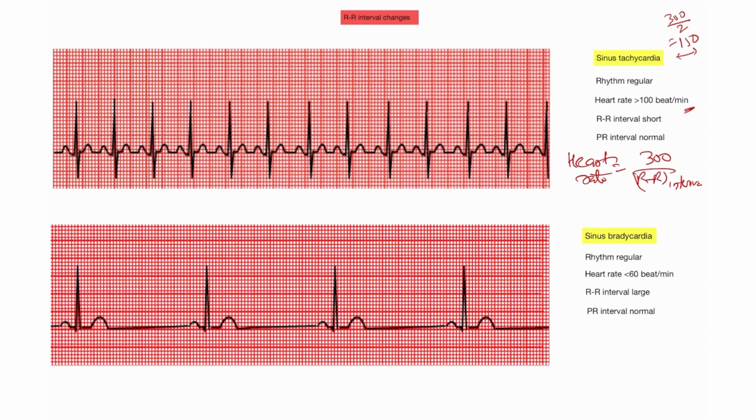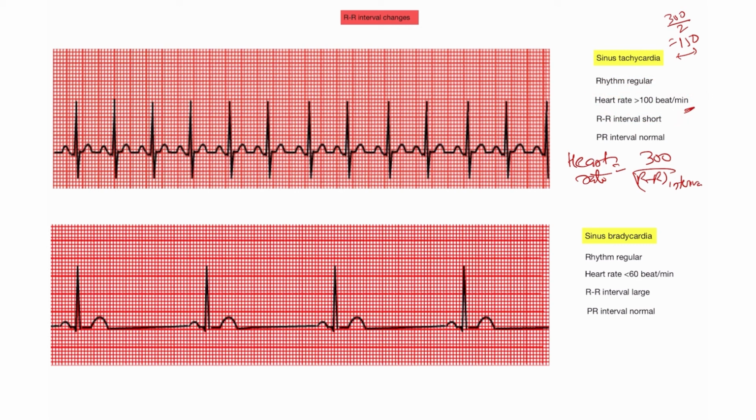In these cases you will see the RR interval is short, very short, but the PR interval is normal. Sometimes the T wave and the P wave are very close in sinus tachycardia. Sometimes you will see the ECG as normal, but sometimes there is not much gap between the T wave and the P wave. So this is sinus tachycardia, in which the heart rate is greater than 100.